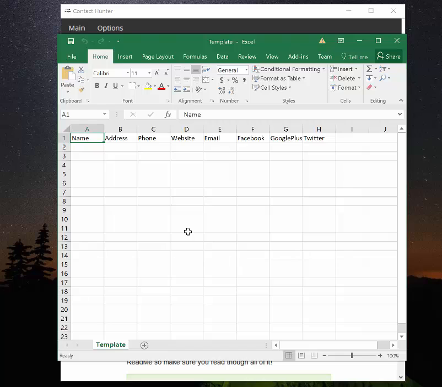It is a normal CSV file. It is not an Excel sheet, a workbook, or anything. It is a CSV. And in it we have these headers: name, address, phone, website, email, Google+, and Twitter. And what we do now is that Contact Hunter will now complete addresses for you. So we've added in a new address completion